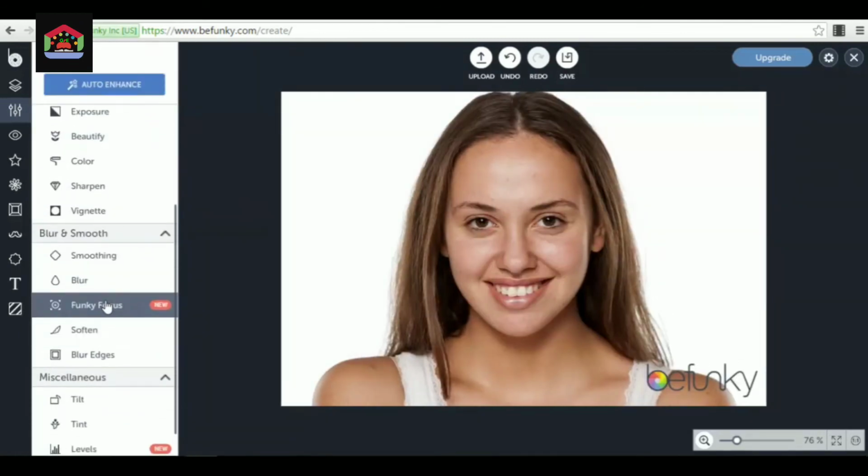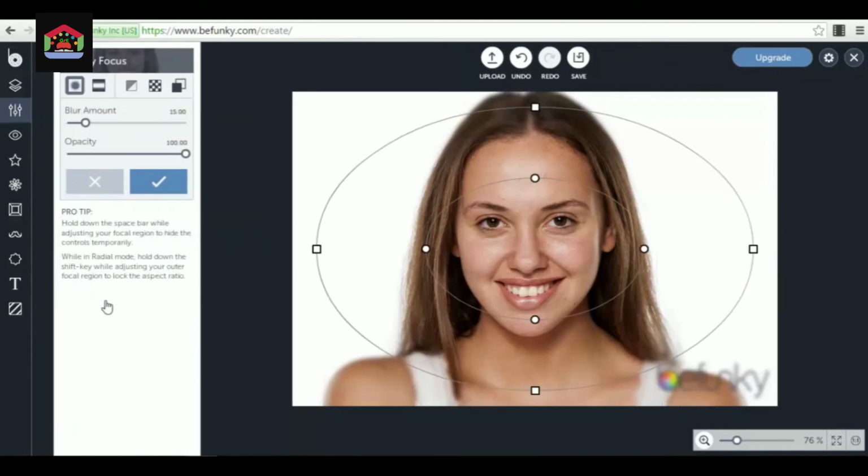Then we have the funky focus, which in my opinion also creates a very professional effect. If I were to choose something from these effects to add to my profile photo, especially if I don't have a white background in my back, I would choose a funky focus blur effect. You understand? It has a much more professional look, and you can select the area.